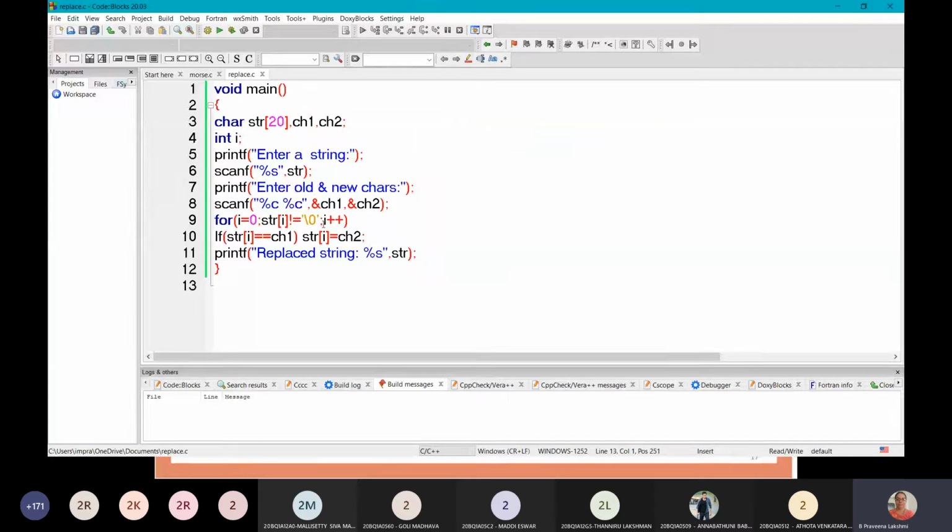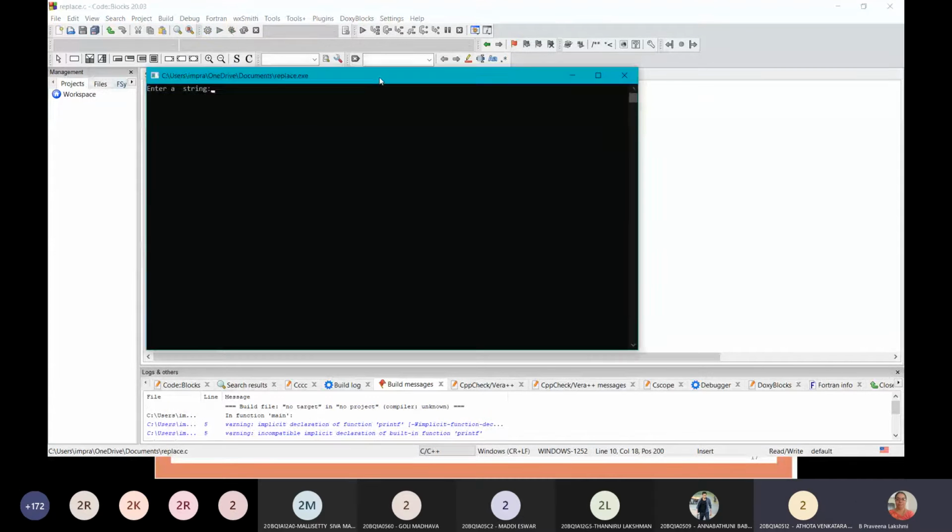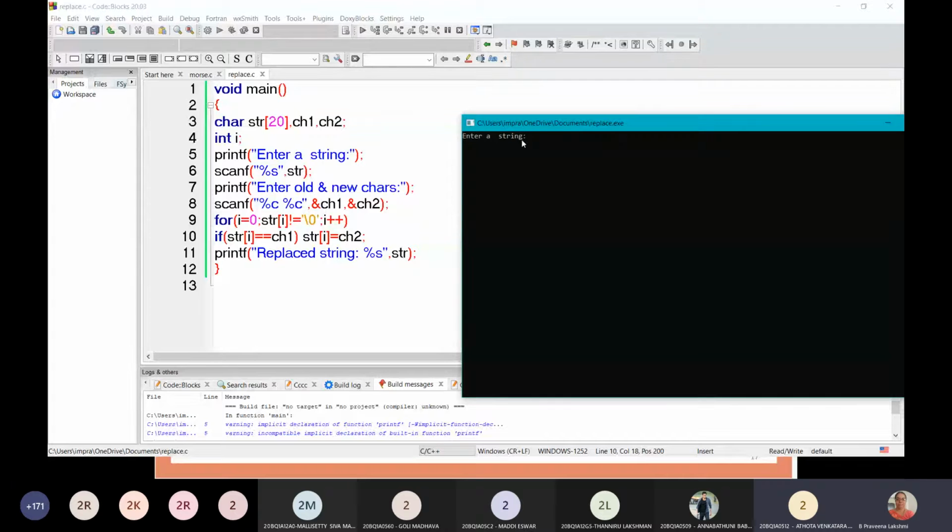We saved the file as replace.c. Now I will execute the code. Enter a string. So I will enter the string.